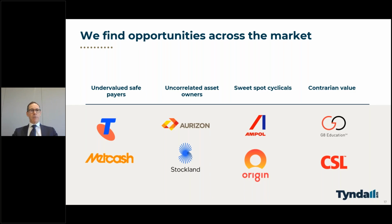If we think about it now, Metcash is a food, liquor and hardware group that has a lot of the tailwinds of Woolworths, Bunnings, or Dan Murphy's, but it trades at 13 times PE versus Wesfarmers at over 30. So we see this as a company that does have defensive qualities, is underpriced, but has also reinvented itself on